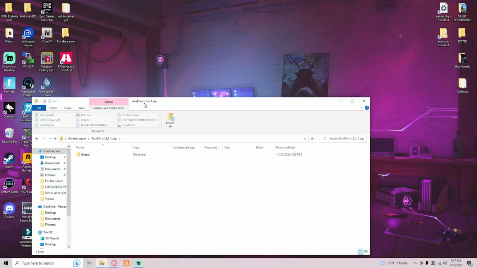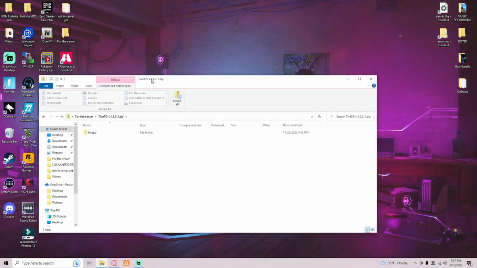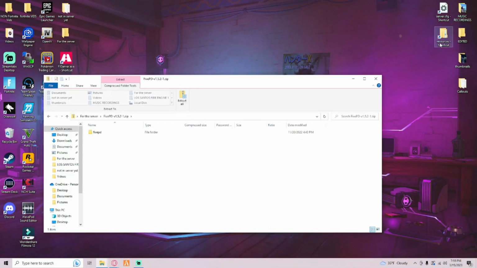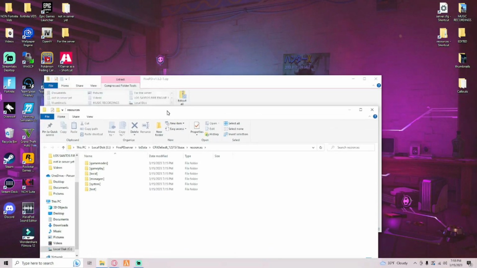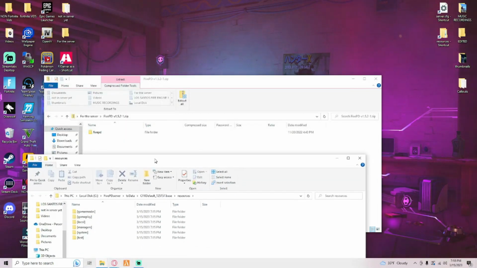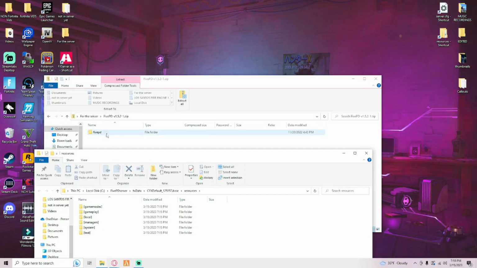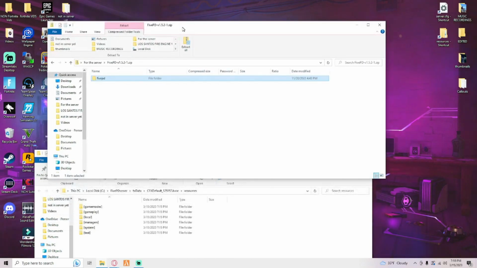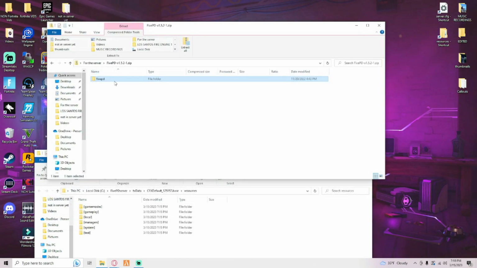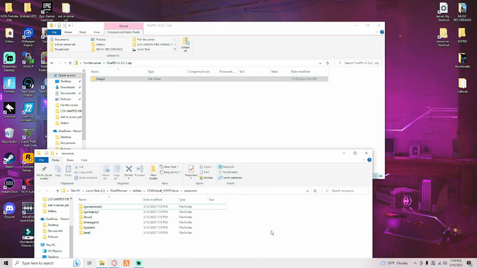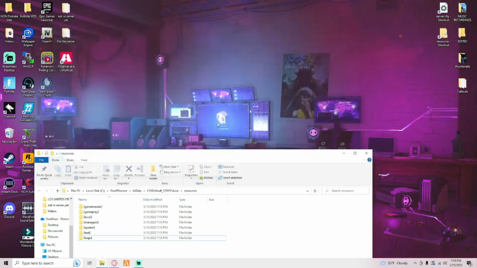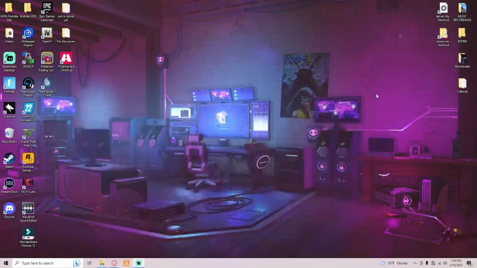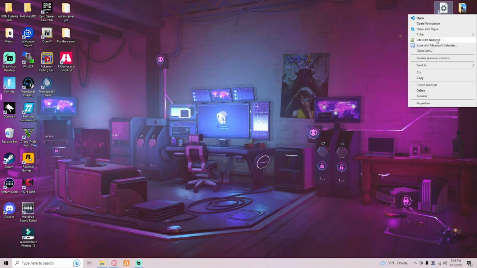So open this up. And what you want to do is open up the resources folder. Put that down there so you can see it. And then drag the FivePD folder here. Yeah, here. Drag this FivePD folder that you see here into your resources folder. And you close out of here. Close out of resources, go to your server CFG, edit with Notepad++,